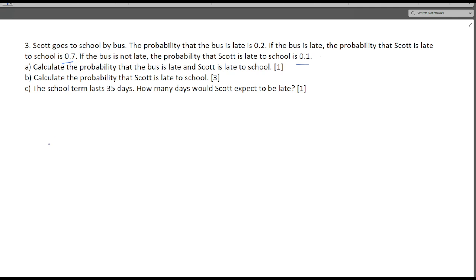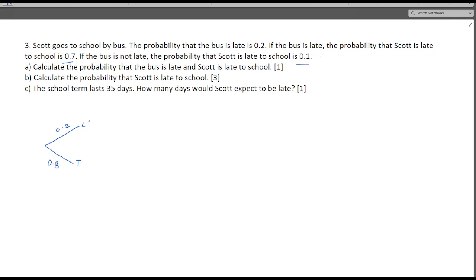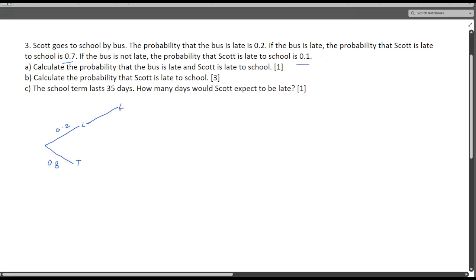Now, the first scenario is whether the bus is going to be late or not late. Okay, on time we can say, late or on time. Now the probability that the bus is late is 0.2. So the probability that the bus is not late is going to be 0.8. Now, if the bus is late, the probability that Scott is late is given as 0.7. So he is not late, its possibility on time,